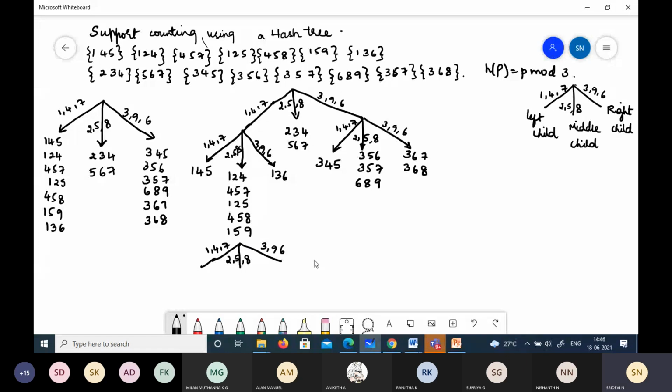Examine the last digit. Left, ma'am. 1, 2, 4 left. Then this one 4, 5, 7, left. Very easy, isn't it? Then here 1, 2, 5, middle. Yes, 1, 2, 5, 4, 5, 8 again here. And what about 1, 5, 9? Right. It will branch to the right. That's it. This is the hash tree structure for this